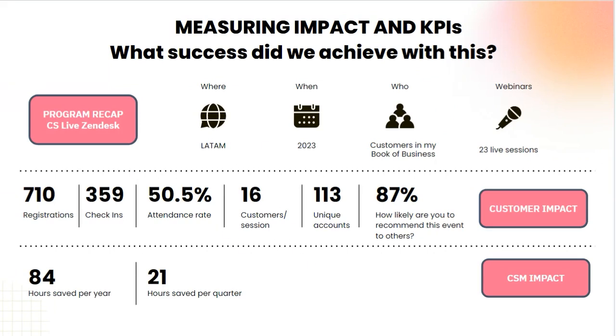Yeah, this slide is showing the impact over 2023. I was running the program in Latam, specifically in Brazil, with customers in my book of business, and we have been able to deliver 23 live sessions, on average 2 per month. If you see the first line, around 200 registrations, attendance rate 50%, and each session we were having 16 customers and